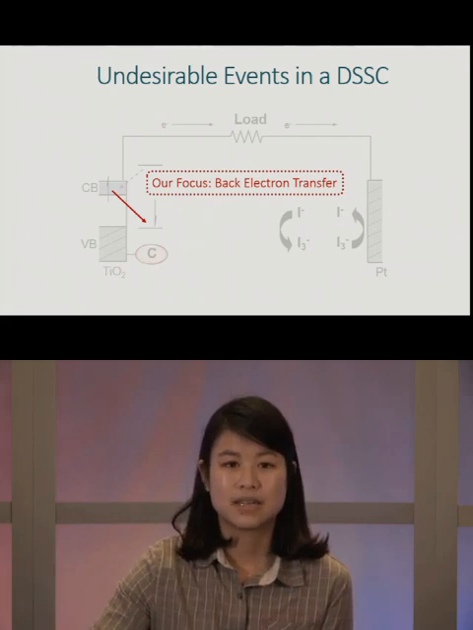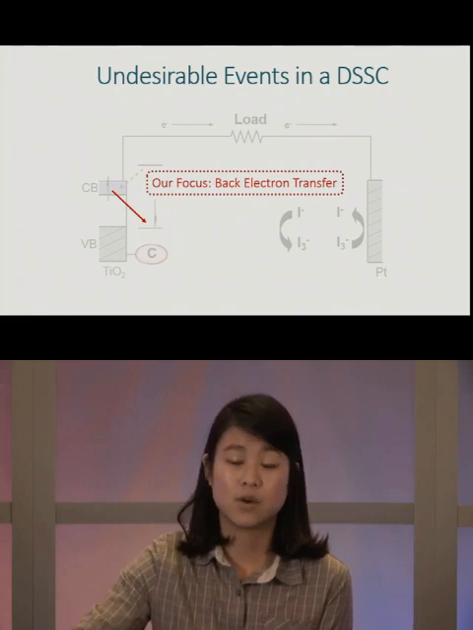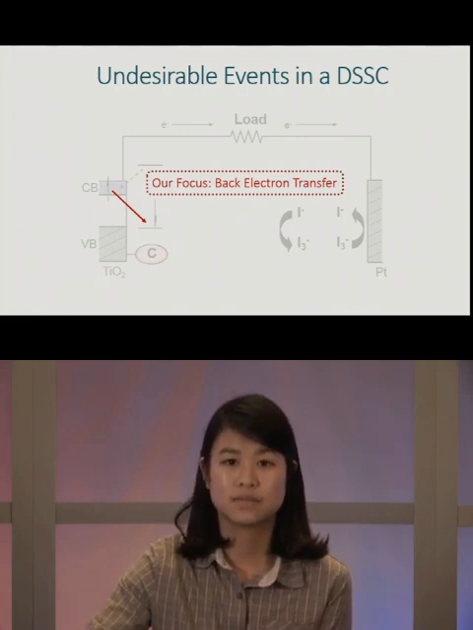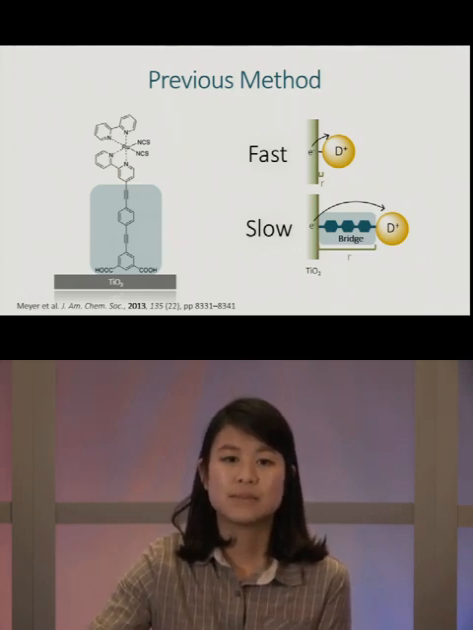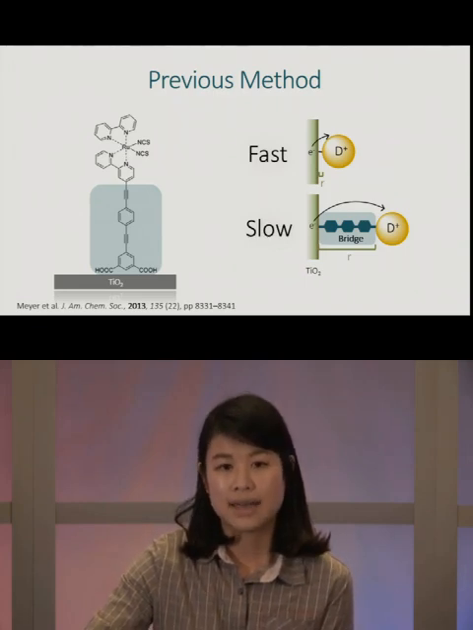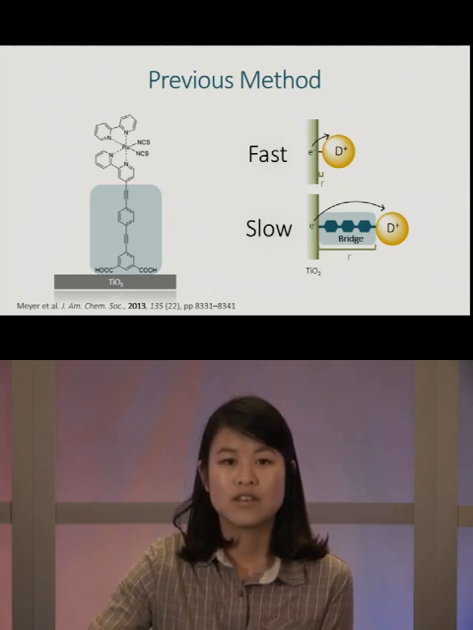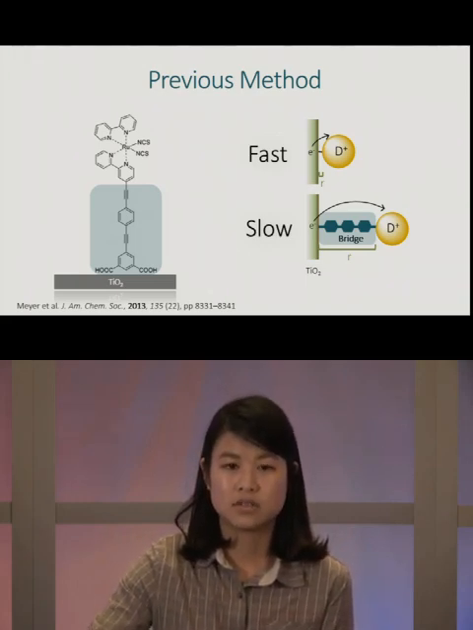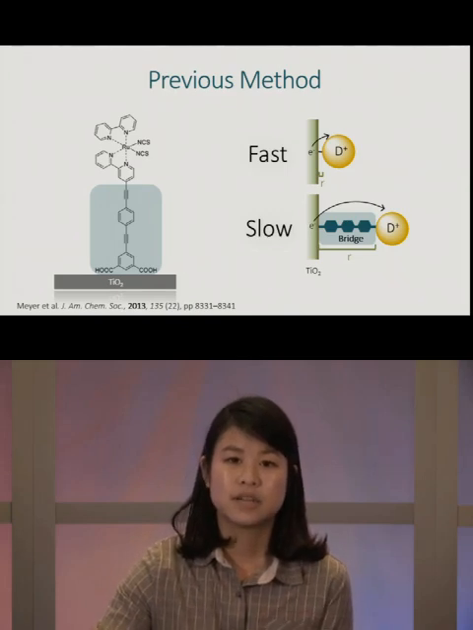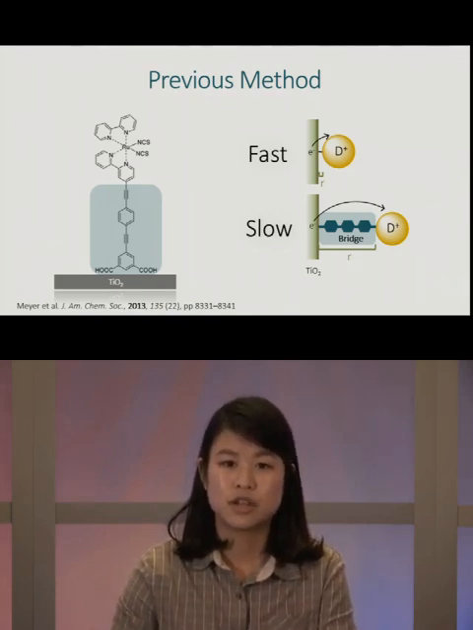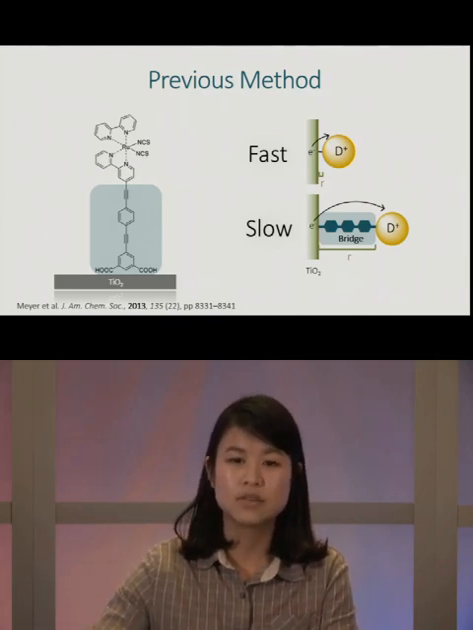oxidized dye, because theoretically, if we decrease this rate by an order of magnitude, we would be able to see an increase in open circuit voltage of up to 50 millivolts. And the previous method of slowing this back electron transfer rate down involves spatial separation between the dye molecules and the semiconductor. They covalently link a long and rigid rod-like molecule onto the chromophore. And this spatial separation would slow the back electron transfer rate down from the metal oxide to